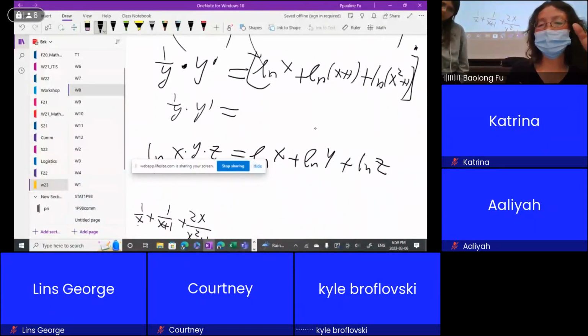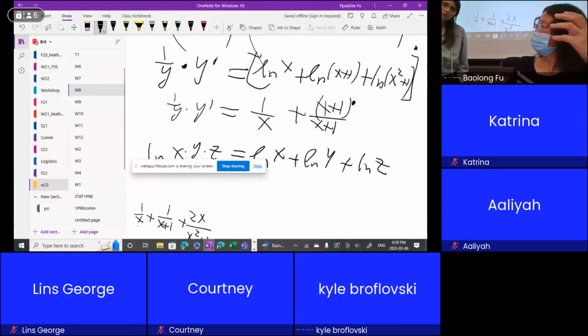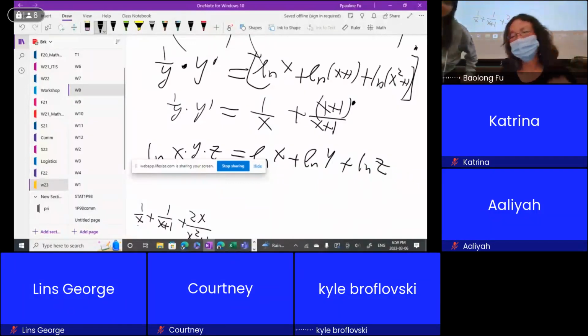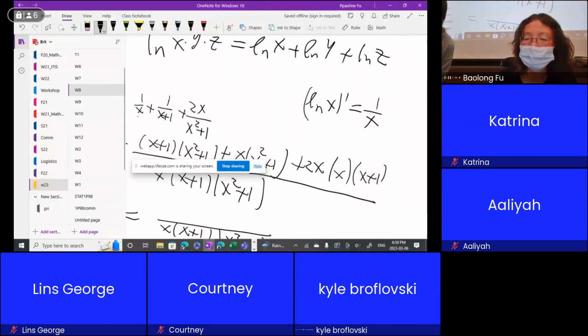Right-hand side, ln x derivative is 1 over x. Ln x plus 1 derivative, x plus 1, then take x plus 1 derivative, chain rule. Because it is not ln x, it is ln x plus 1. That part I don't understand. Okay. If it is ln x, what is the derivative, really? It's just 1 divided by x. Yeah. And if it is ln f, okay, if it is ln